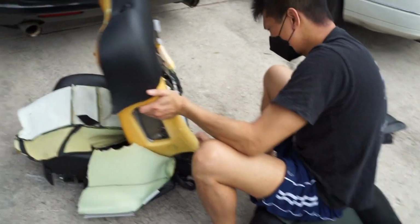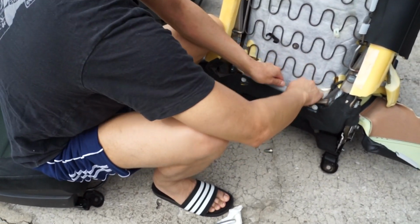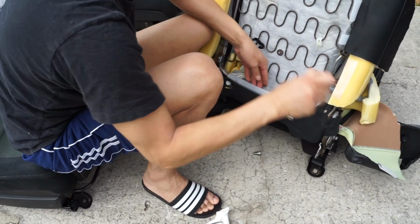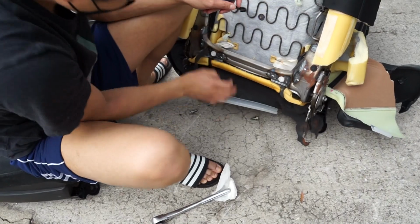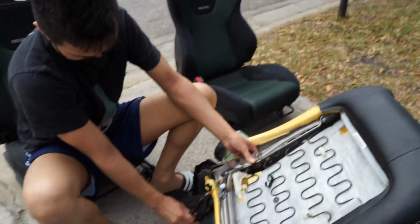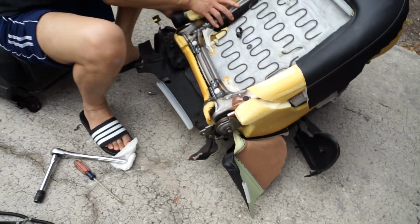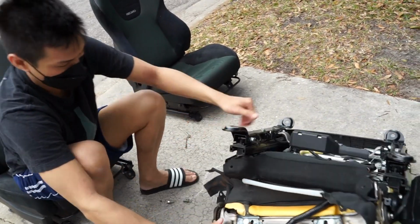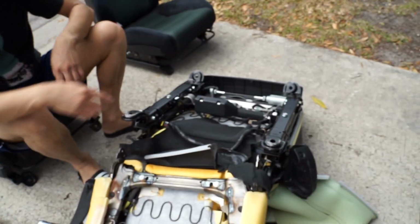Alright, so now you see all the stuff is connected. So you gotta take this apart. This is the main one you gotta get apart. You got it. This stuff right here is cedar we don't need. Flip this over. And we're also gonna keep the rails. Yeah, you can keep the rails, because we're trying to make it reversible back to OEM if needed. So now the next step is